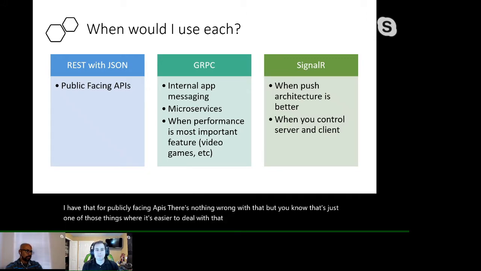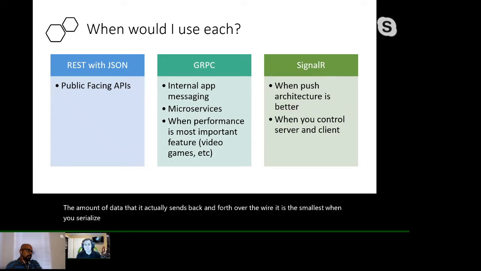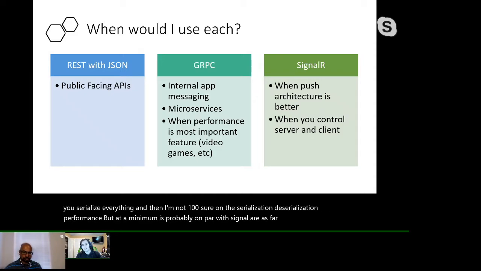Also, gRPC, of the three that we're talking about, is the fastest from the perspective of the amount of data that it actually sends back and forth over the wire. It is the smallest when you serialize everything, and I'm not 100% sure on the serialization and deserialization performance, but at a minimum, it's probably on par with SignalR as far as that goes. And then finally, when we get to SignalR,